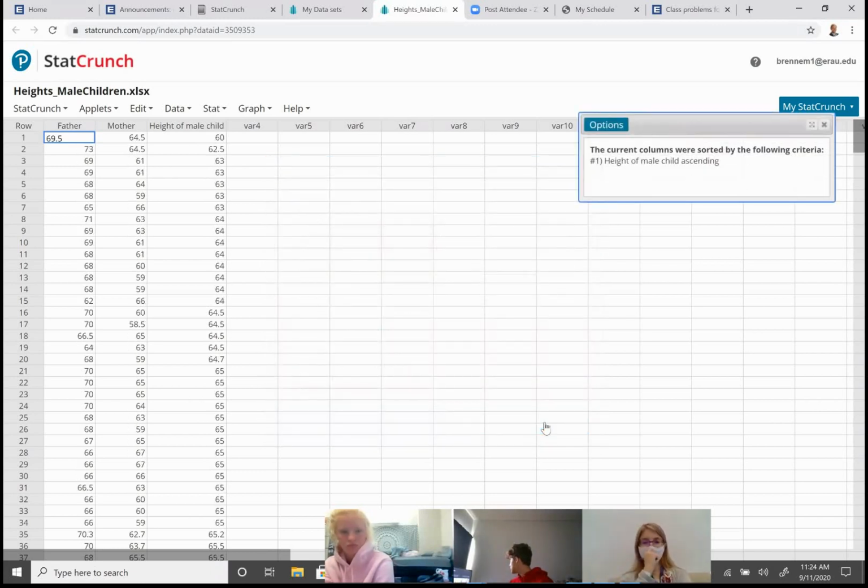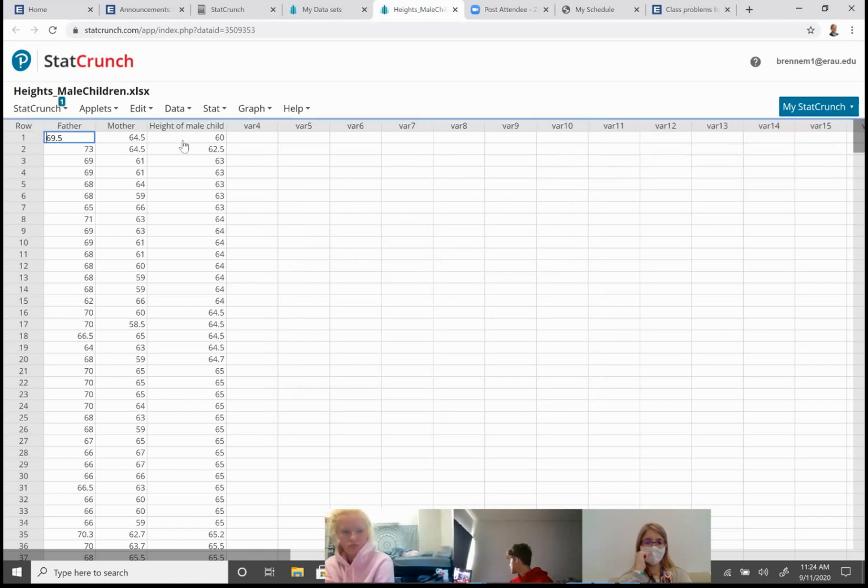And what am I looking for? Well, the first thing I'm looking for, and the most important thing, is invalid data values. In other words, data values that aren't possible. So what would be an example of an invalid data value? Let's see, I'll pick on somebody. Taylor, what do you think would be an invalid data value for height?